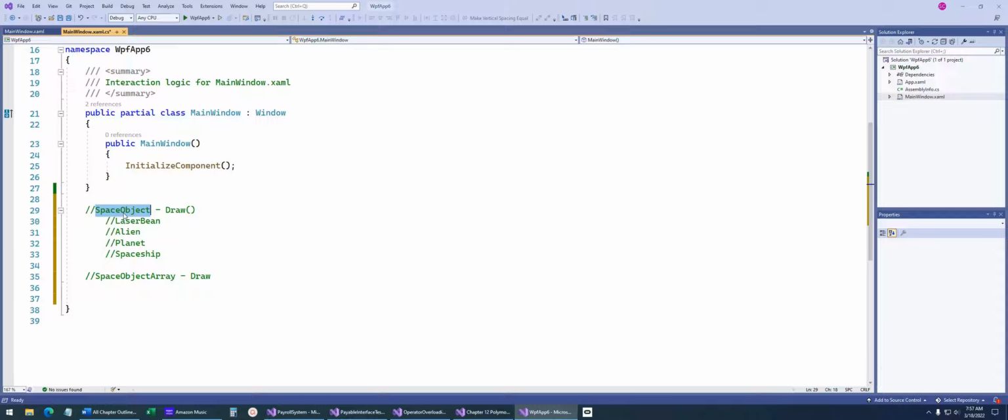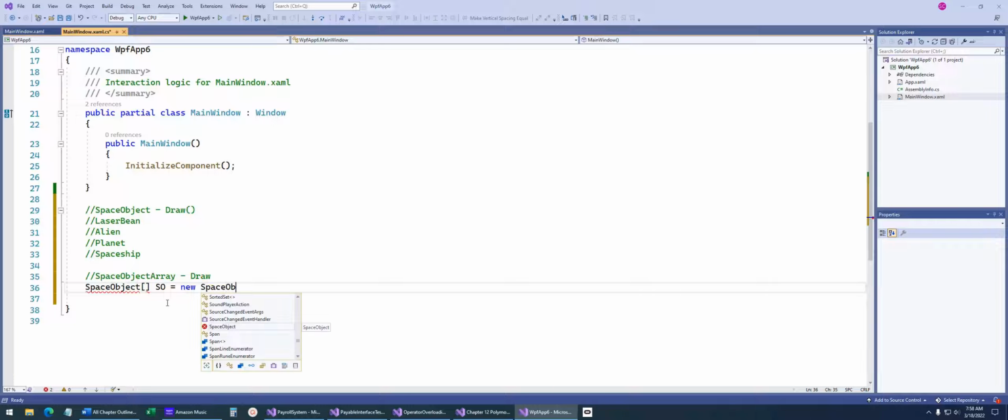So it would be, we're actually creating an array of space objects. Space object equals a new space object array, 4 elements, whatever. It could be 1,000 elements. And then what we would do is we would loop through this array here, and we'd then say